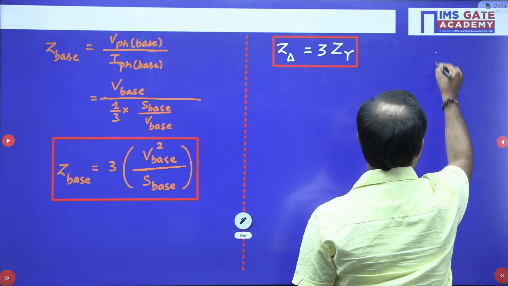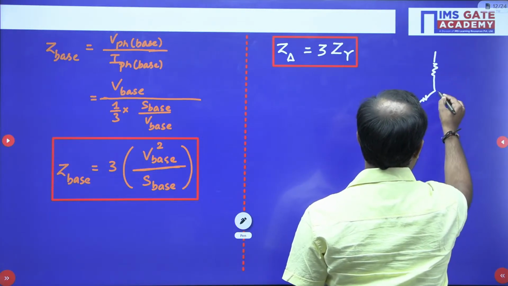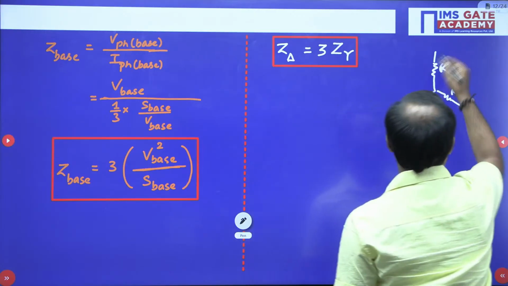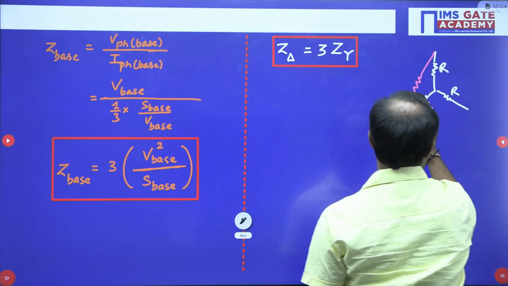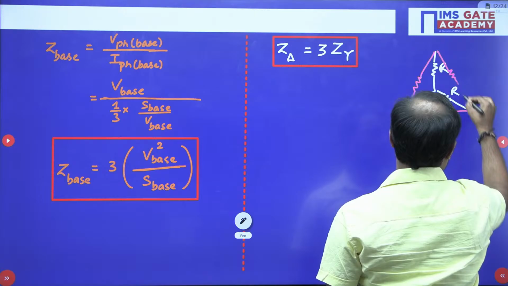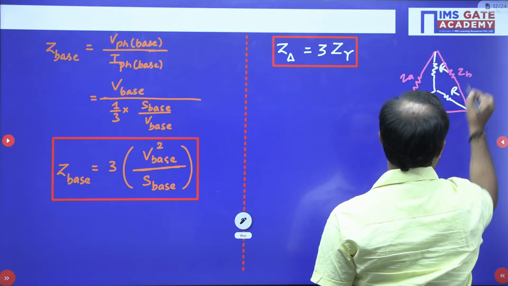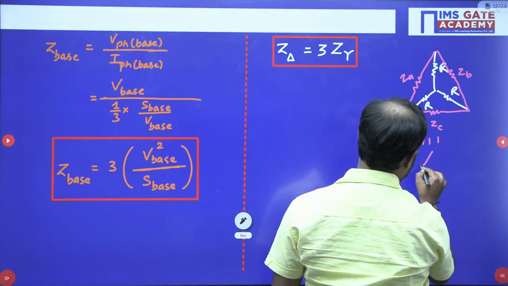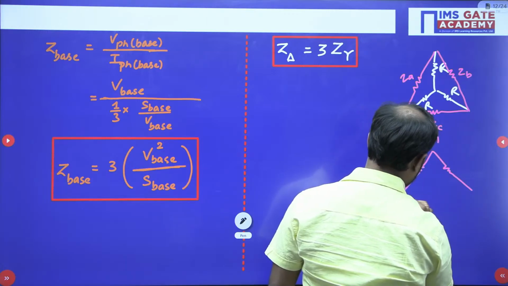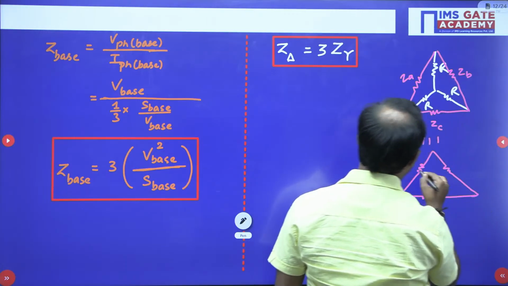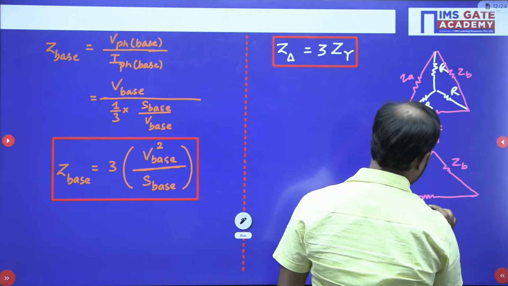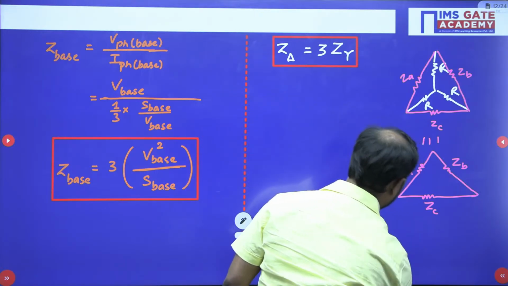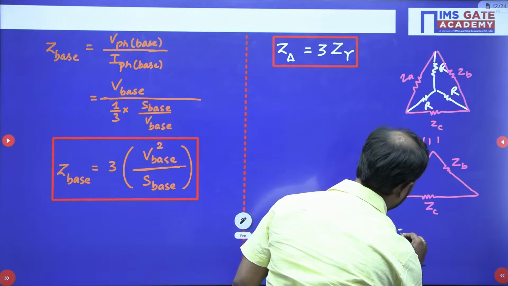Look, what I mean is this: this is one resistor, one more resistor. Let me take all resistors as the same. Now let us convert this star into delta like this. So this is your delta, with ZA, ZB and ZC. So the star is converted into delta, where this is ZA, ZB and ZC. So how to calculate ZA? ZA is equal to,